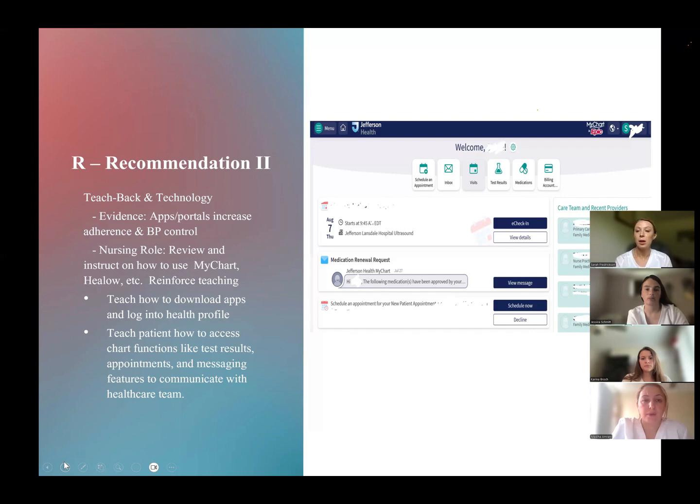So basically, what we would do, like I said, is the teach-back method, teach them how to access their information, their test results, their medications, as well as communicating with their providers by creating messages. And then also how to access other portals for specialists, because not all of them are created equal. And then asking the patient to show us how they would access these as well, how to create a message